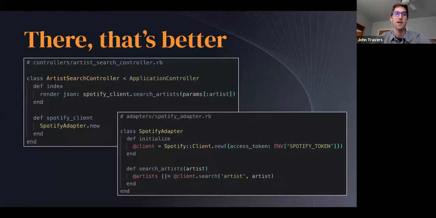So here, the better way of doing it is creating a Spotify adapter here on the bottom, and then initializing it. When you initialize a Spotify adapter, it creates a new Spotify client. In this case, the Spotify adapter is tied to that Spotify client gem, but you can easily swap it out in the future. And so here in the controller itself, the artist search controller, you use the Spotify client, which is actually a Spotify adapter,